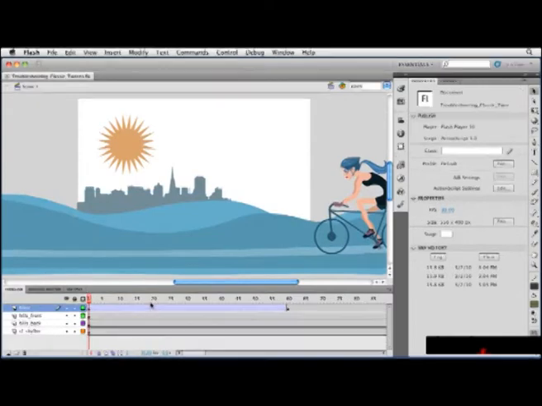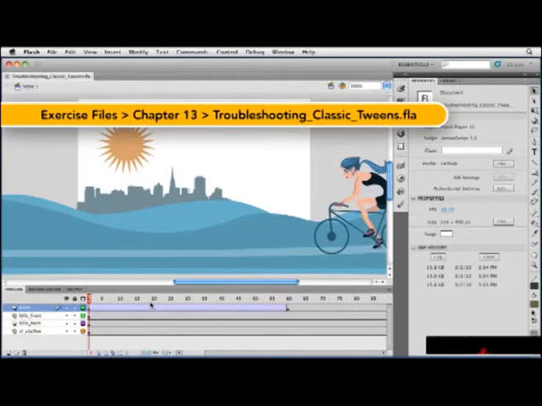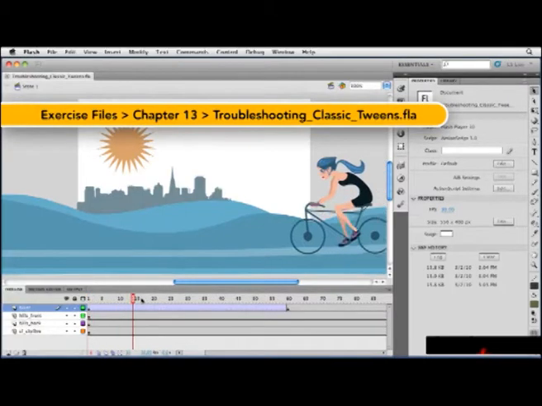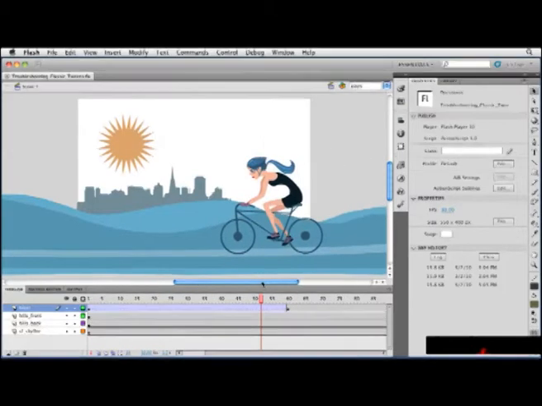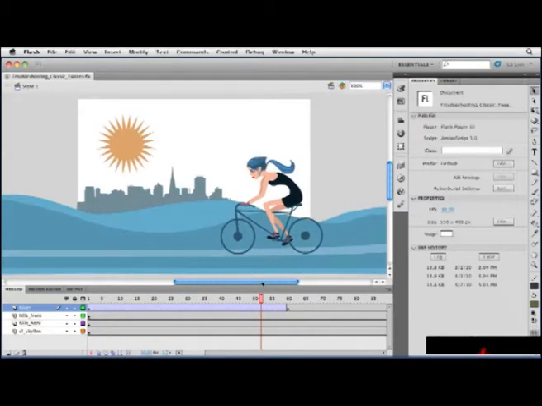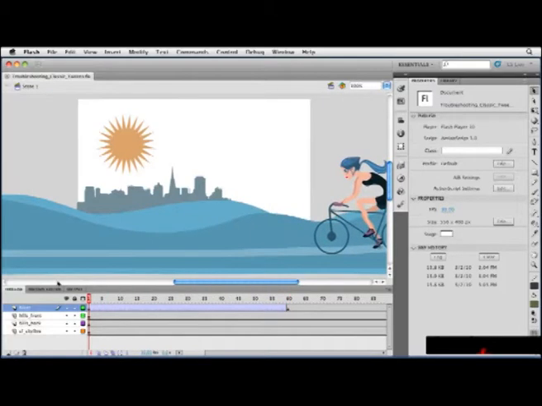Occasionally, when you're working with a Classic Tween, you may see the dreaded dashed line in the timeline. When you see that, your tween is broken. So I can scrub the playhead, and it looks like my animation is working. The sun looks like there is some sort of problem. See how it flashes on and off, and it sort of moves sporadically. So go to the first frame, and we'll take a look at this and see if we can fix the